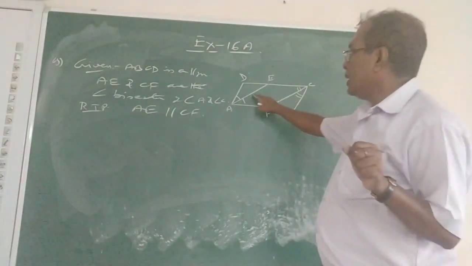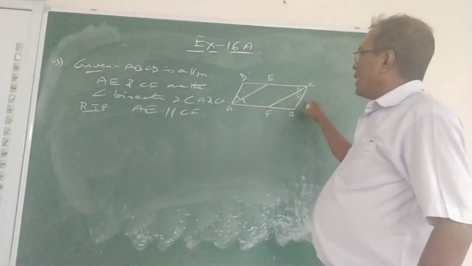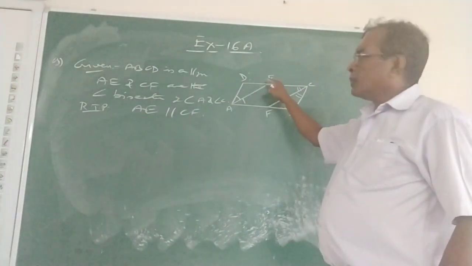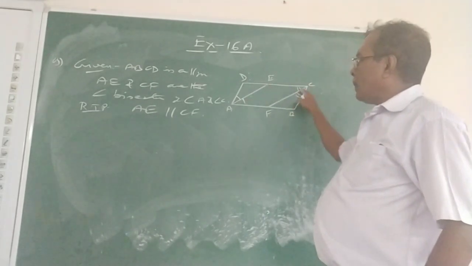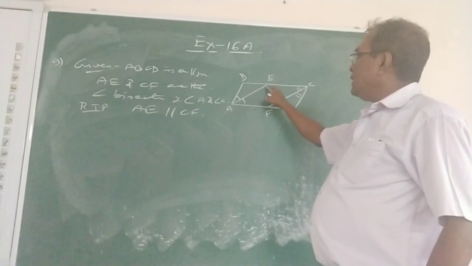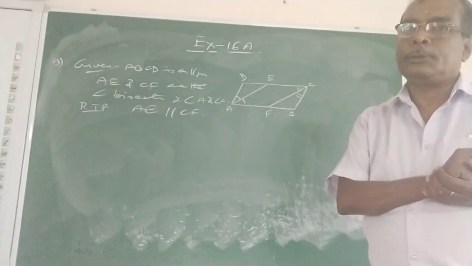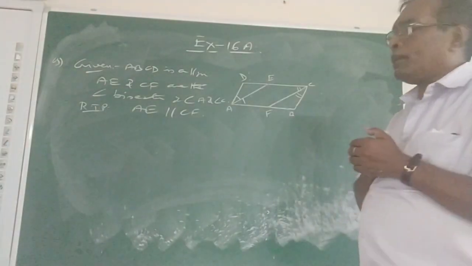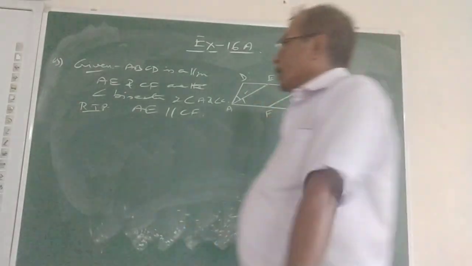These two lines are parallel. Because you know very well that ABCD is a parallelogram, the opposite sides are parallel, so AF is parallel to EC. Now, if you want to prove that these are also parallel, you have to show that AECF is a parallelogram. The question is how? For that purpose, I am going to show that these two triangles are congruent.